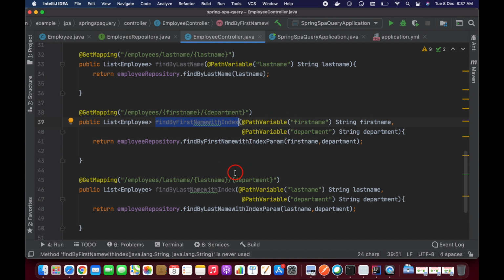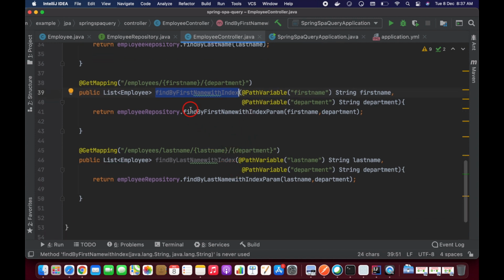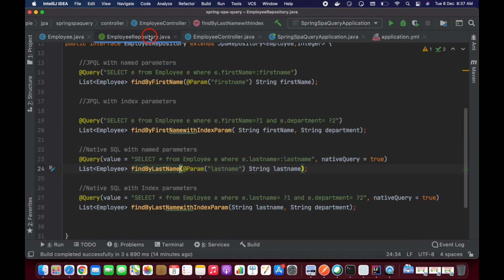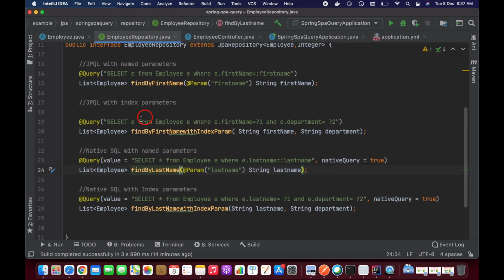And I want to test the last name starting with and the department. So these are the four methods I'm going to test here: JPQL with named parameters, and native SQL with named parameters as well as index parameters.